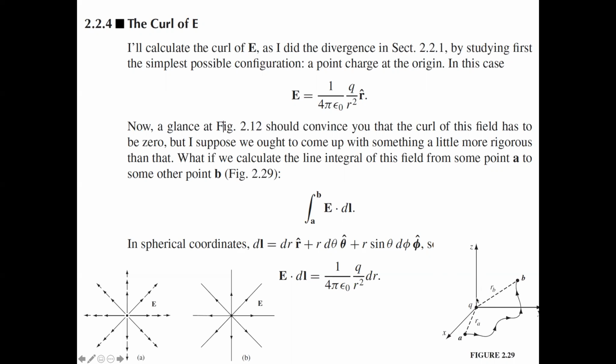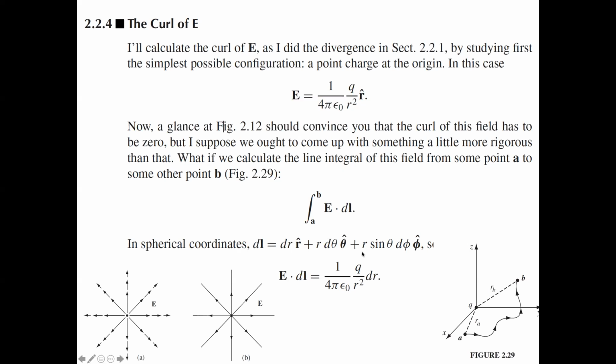You have E, which is a vector electric field in the space, and you want to do, let's say, a line integral from one point to another point, which is from A to B. Then what we can do is use E from this equation, and then dl equals this expression. This equation has been derived in previous lectures